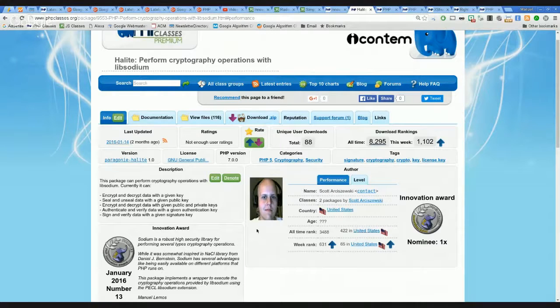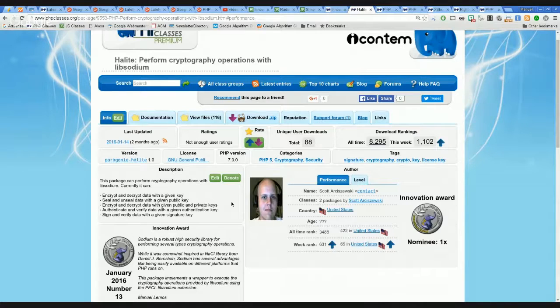And he submitted a very interesting package that implements something that is proposed for PHP 7.1, but it can already work in the current PHP version. It's basically like a PDO for encryption.